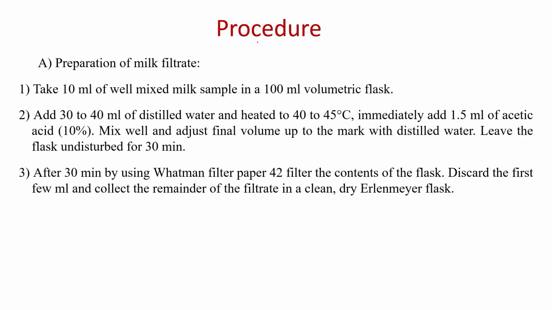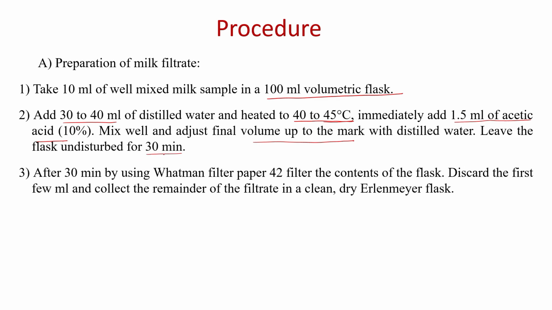Okay, now what is the procedure to determine the lactose content in milk? First we have to remove the fat and protein from milk. So you take 10 ml of well mixed milk in a 100 ml volumetric flask, add 30 to 40 ml of distilled water, heat to 40 to 45 degrees Celsius, and then immediately add 1.5 ml of 10% acetic acid. Mix well, make up the final volume to the 100 ml mark with distilled water, and leave the flask